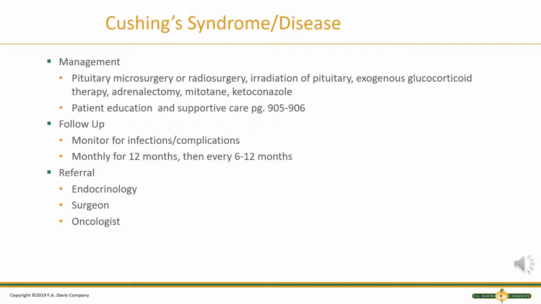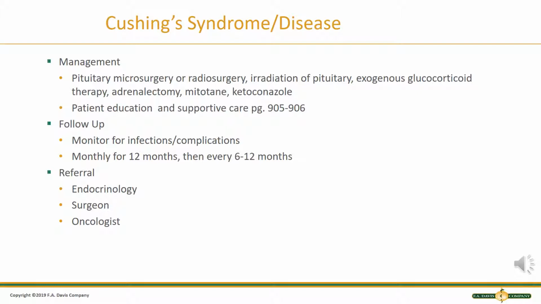Management is aimed at treating the underlying cause and normalizing the cortisol levels, which can be done either through surgery, radiation, or with medications. If a patient has to undergo an adrenalectomy or a pituitary resection, they're going to require exogenous glucocorticoid therapy, and this may be a 9 to a 36-month type of treatment plan, and it'll be addressed by the endocrinologist. They usually use either hydrocortisone, prednisone, or fludrocortisone,